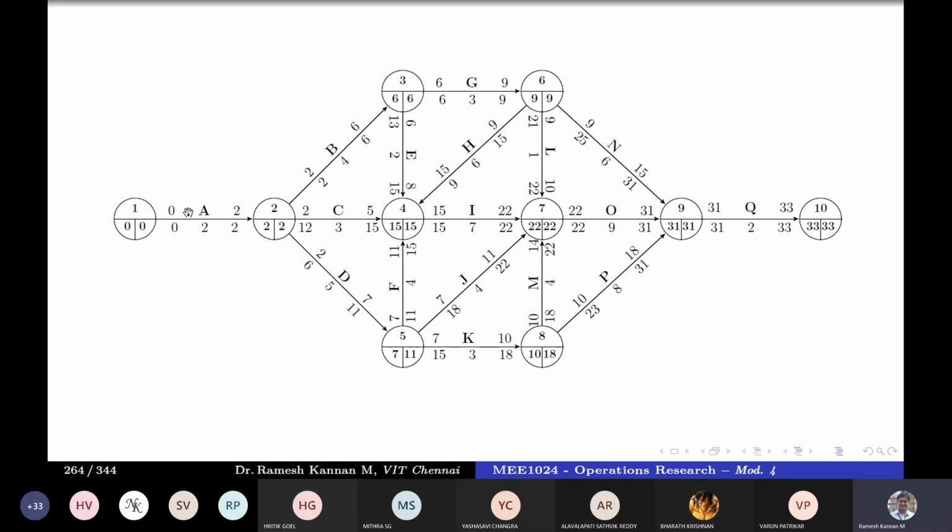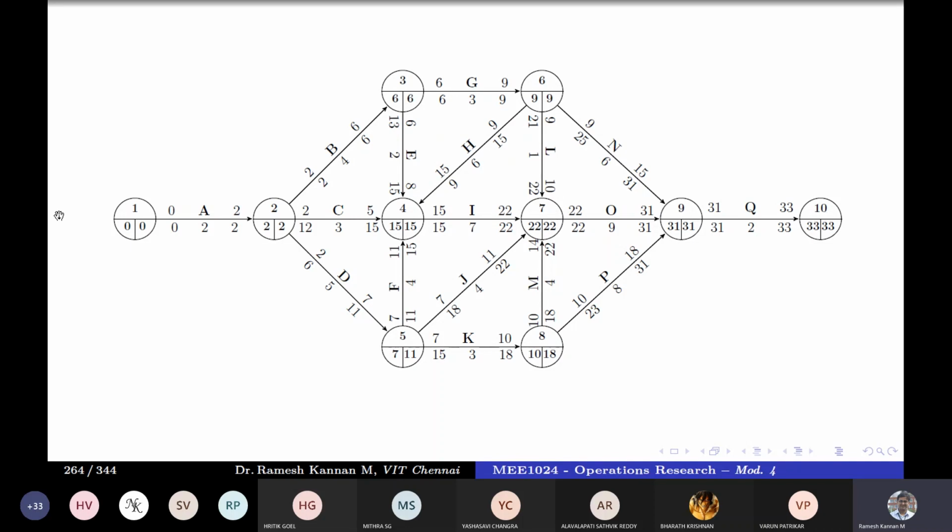Like for example, in this case, A has both things the same. You see, LHS and RHS: LHS top and bottom are the same, RHS top and RHS bottom are the same. So if that's the case, in this case it is not there, and in this case it is also not there, and in this case it is true, and in this case it is not there. So if you map that, it will be 1 to 2, 2 to 3, 3 to 6, and 6 to 4. It is actually the terminology got reversed, but it's actually 15 and 15 and 9 and 9, right? So 4 to 7 and 7 to 9, 9 to 10.